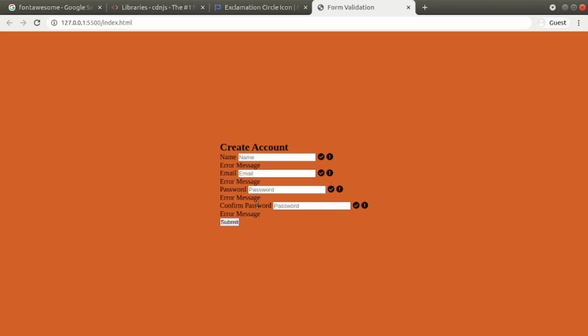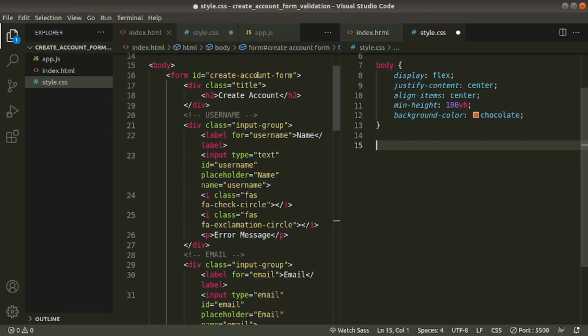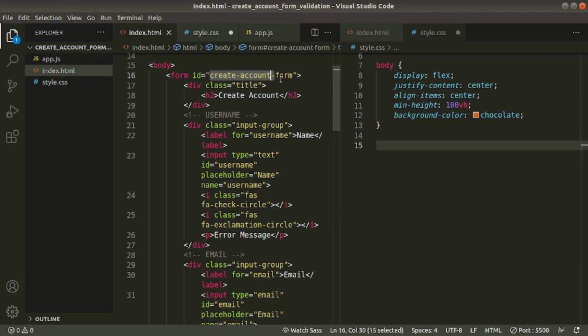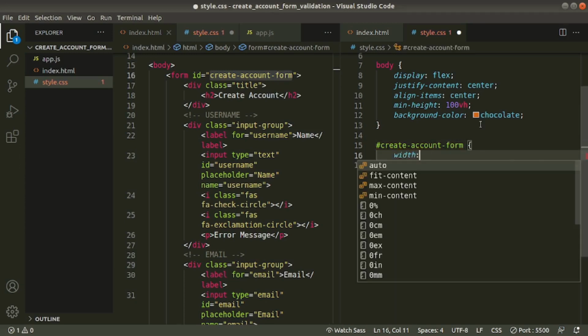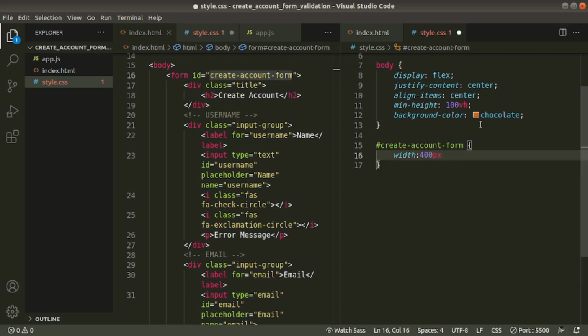Our form is centered inside our body tag. Now we'll style our form. See, we gave the ID create account form. Width 400 pixels. Padding all sides 20 pixels.